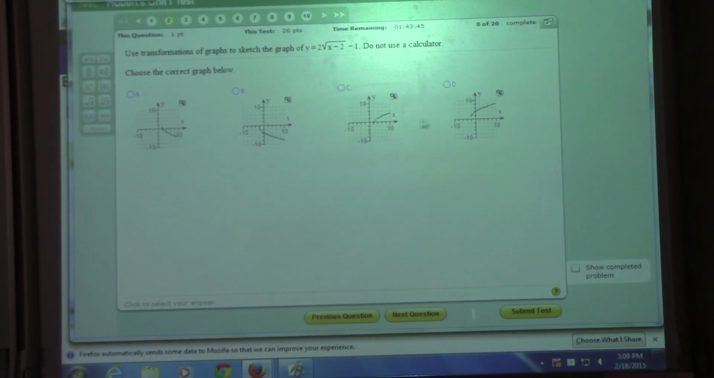Which one has, let's see, one of them's supposed to have a vertical shift of 1. Why doesn't it? It's one of these 2. Why doesn't it have it? You might have to plug it in. Let's see, plug in 0. 0 minus 2 is what? -2. And